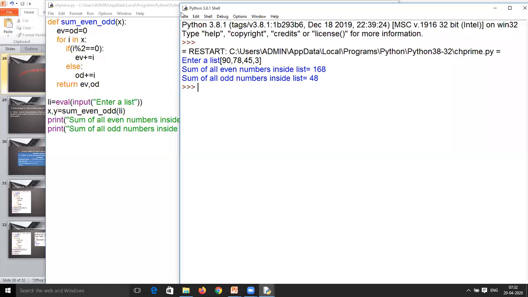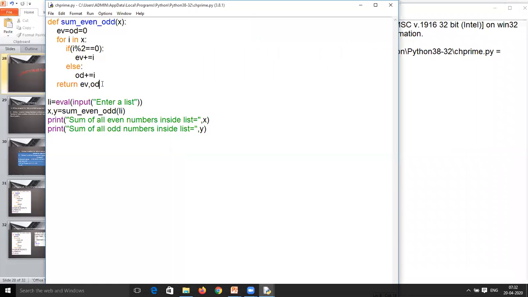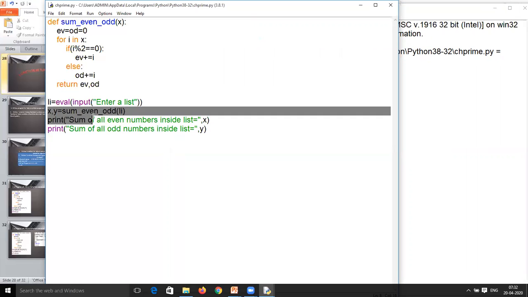We can return a list also, we can return any sequence, and we can even return more than two values from the return statement. The values are written in the form of a tuple, and when we extract them using this statement, the values go into the single variables sequentially. So this is the return statement.